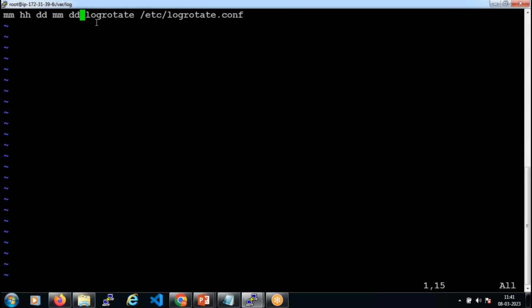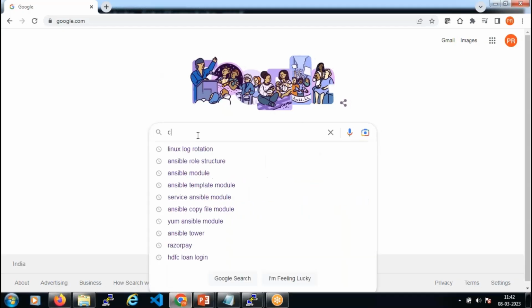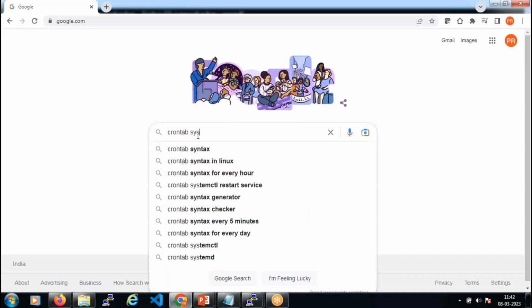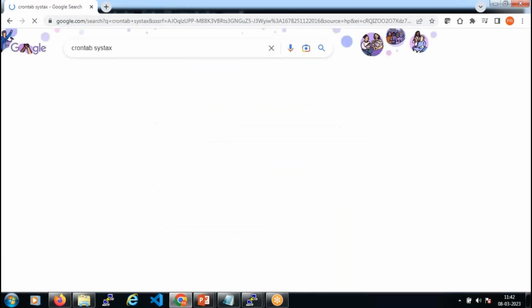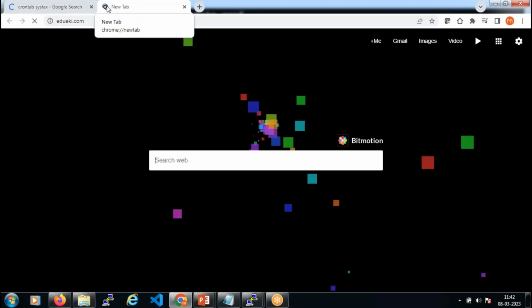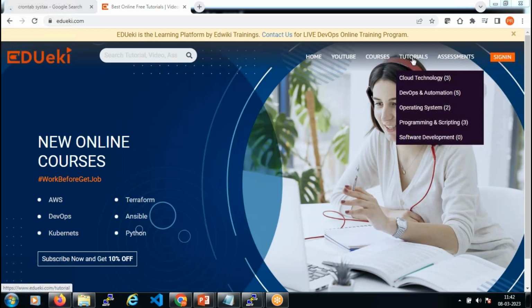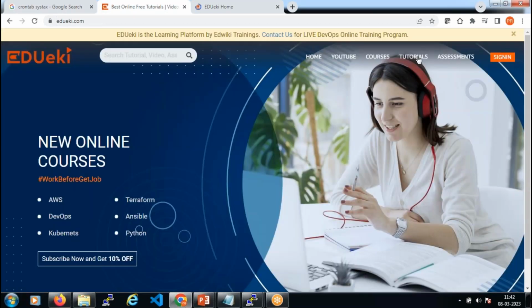Now you need to understand what the crontab syntax is and how we need to add this information. Let me get more details about this. Let's say I wanted to know the crontab syntax. Let me see if I have that handy in my documentation. I will be adding all these details in the learning documentation for you guys, rather than searching in the whole system,